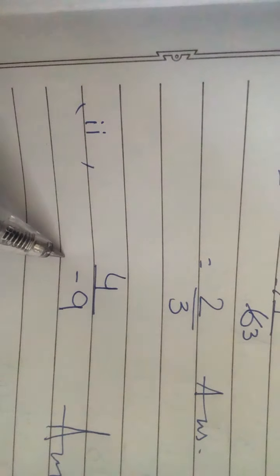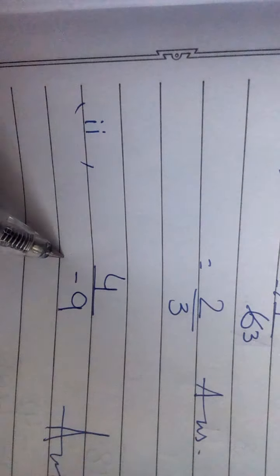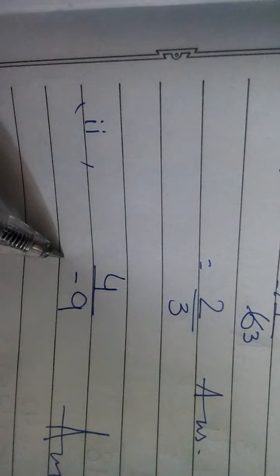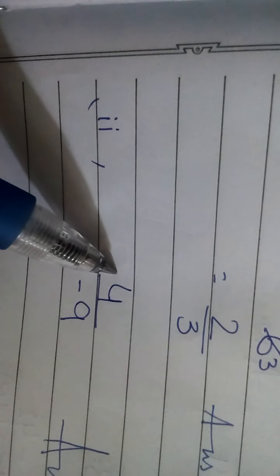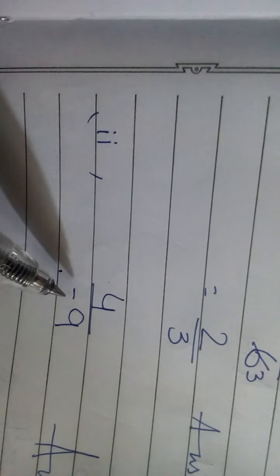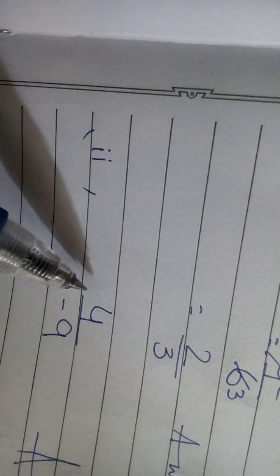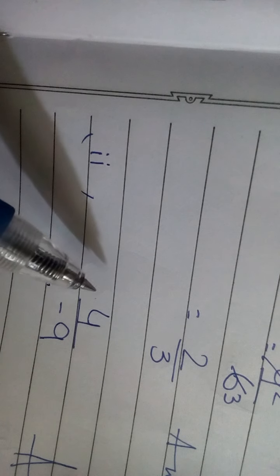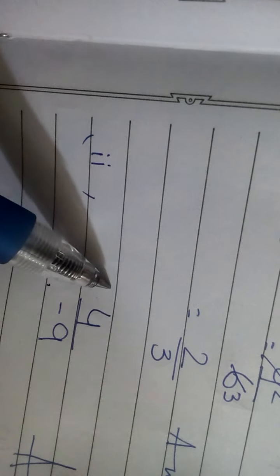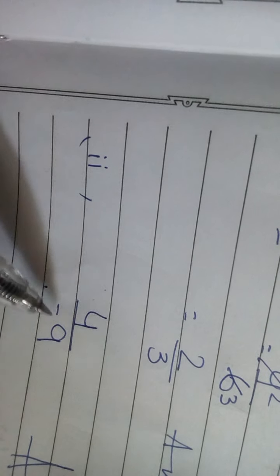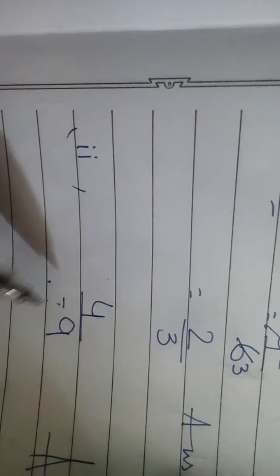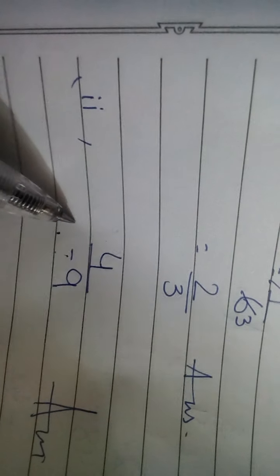Must remember, keep in your mind, in mathematics the denominator, the one you have down, should be positive. So there is no cutting. 2 2s are 4, 2 4s are 8. 9 is not in the table of 2. Check the table of 3. 3 ones are 3, 4 is not in the table of 3, but 9 is in the table of 3. So 4 and 9 don't go in the same table. So this is the answer.